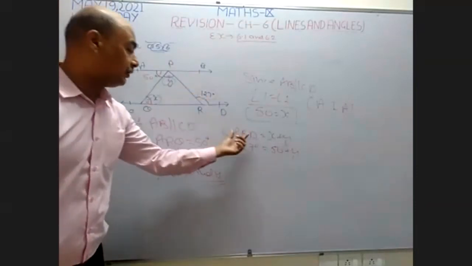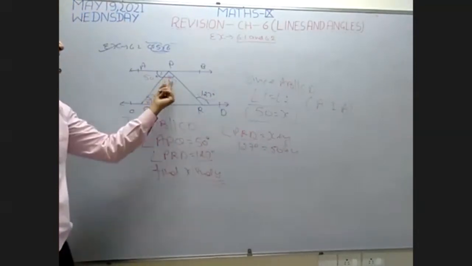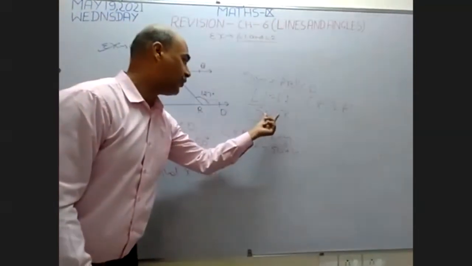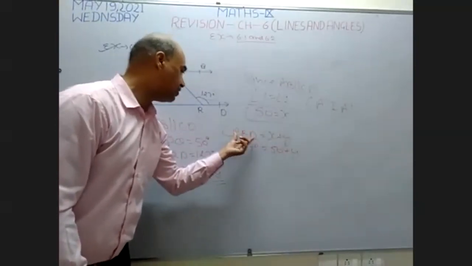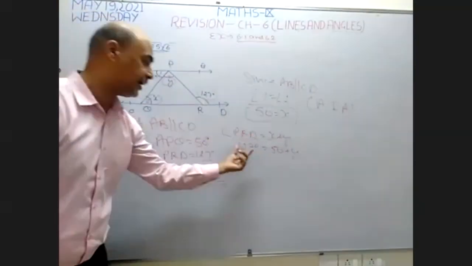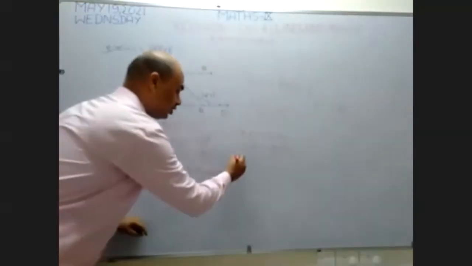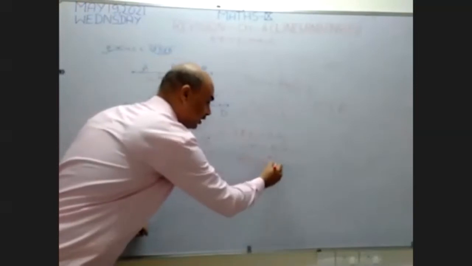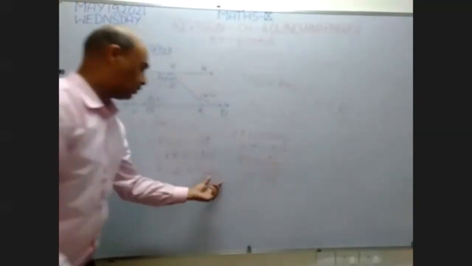I want to explain again. This is exterior angle PRD. This exterior angle is equal to angle x plus y. So I write here angle x plus y. The value of x is given, 50 degrees. I write 50 degrees. The value of this angle is also given, 127 degrees. So I write here 127 degrees. Now I will take this 50 degrees from right to left. So this becomes 127 minus 50 equal to y. So the value of y becomes 77 degrees. This is the answer of this question.